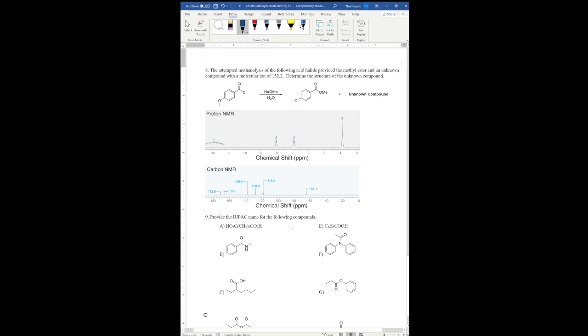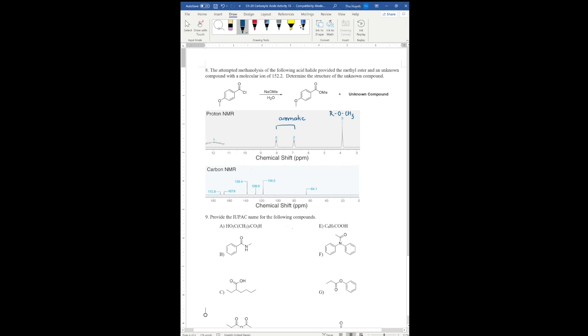So firstly, let's look at the proton NMR. Look at the 4 ppm position, where there is a peak that indicates that we have a methoxy. Next, at 7 and 8 ppm, there are two peaks pretty close together, and this indicates that we have an aromatic in our unknown structure. And lastly, there is a peak very far downfield between 12 and 11 ppm,